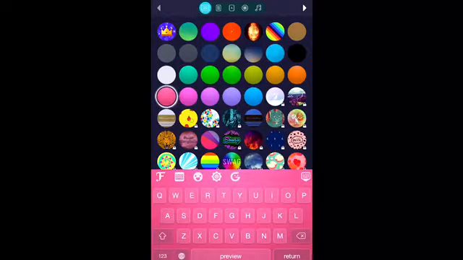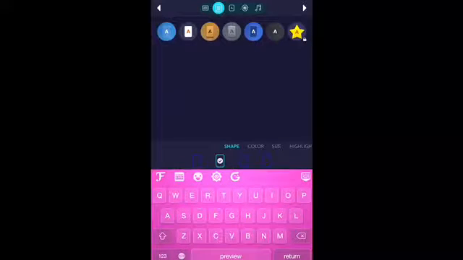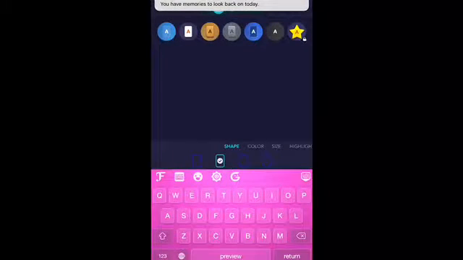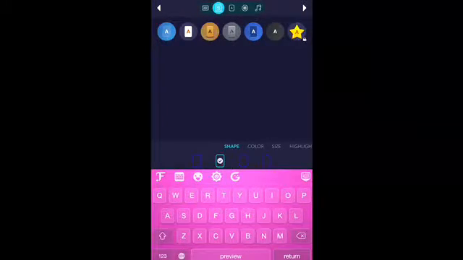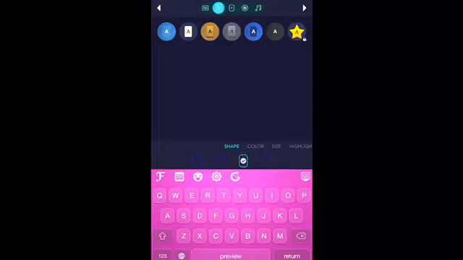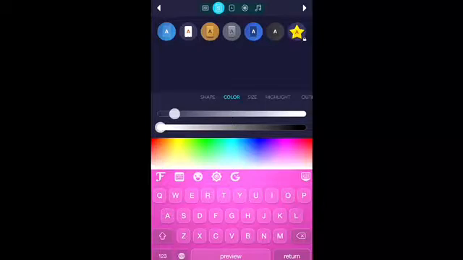You can pick a color, pick that color, and then if you go to the next thing, you can pick the shape of your keys. So right here I always pick oval or roundish keys,